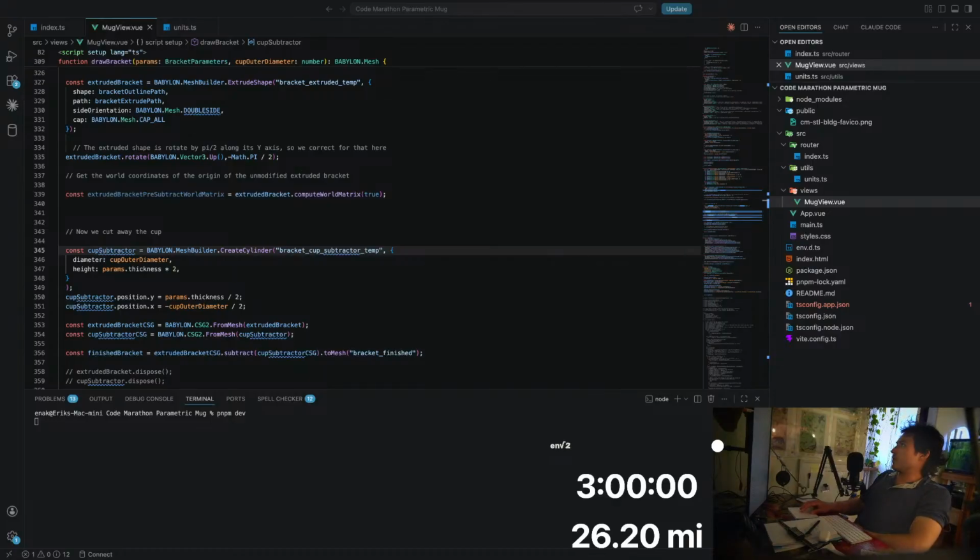Where is that origin moving to? It seems arbitrary, but it looks like it's moving it to the center of the bounding box. But